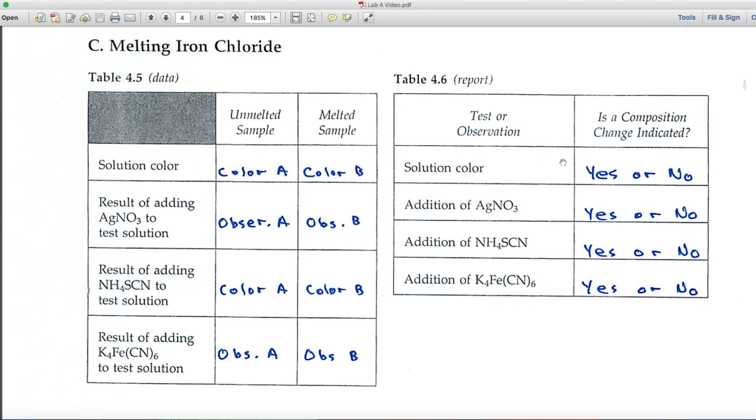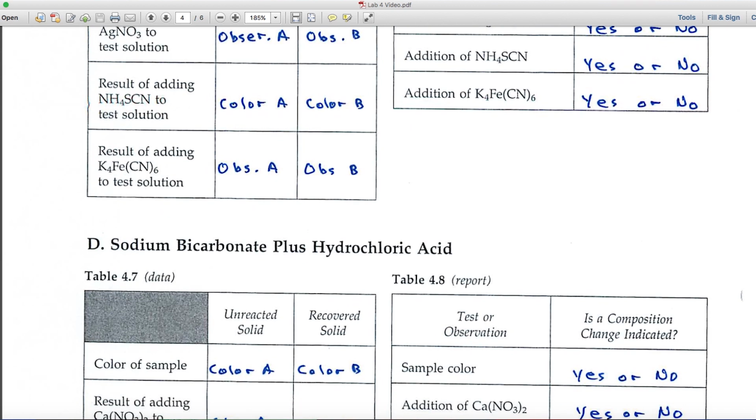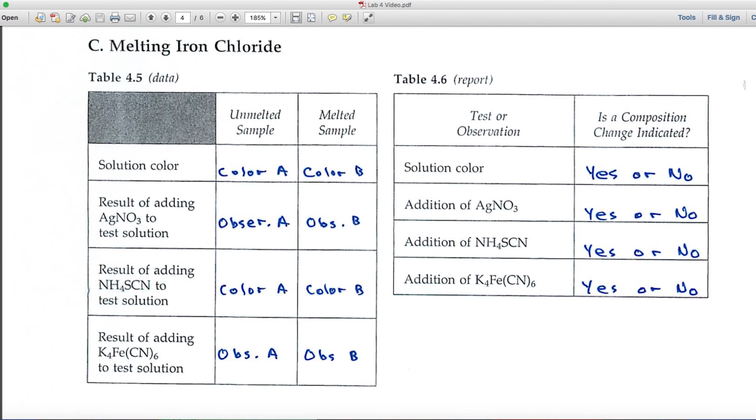Again, if it looks like the two tests are exactly the same, we'd say no. If the two tests differ, we'd say yes. And it could be that in some of these tests you'd get no, and in some cases you might get yes. They don't all have to be yes or no